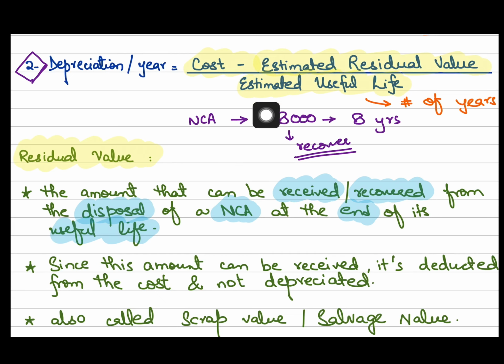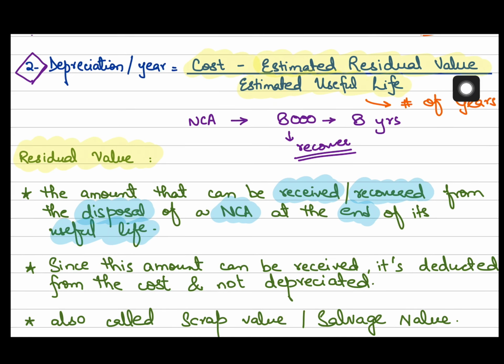So this value will be called my estimated residual value. Now why is this estimated residual value subtracted from the cost while calculating depreciation? This is because I will be receiving it at the end of its useful life, this is the value